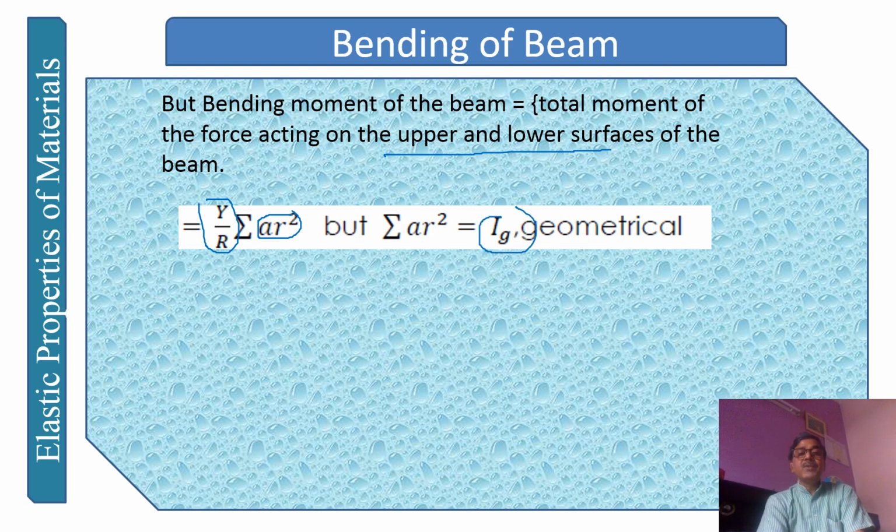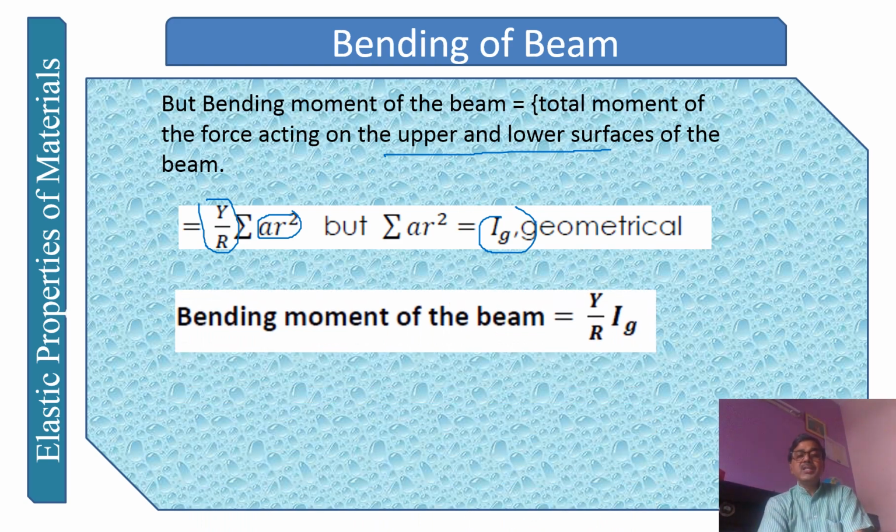So this value is coming out equal to Y upon R into the summation of A r squared. A r squared summed is equal to Ig. So the total value is the bending moment. The bending moment of the beam will be equal to Y upon R into Ig. So this is the bending